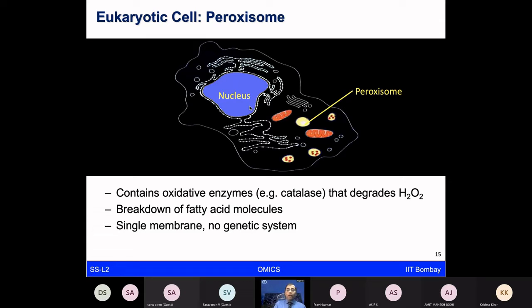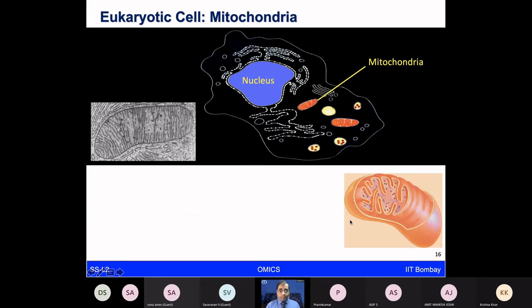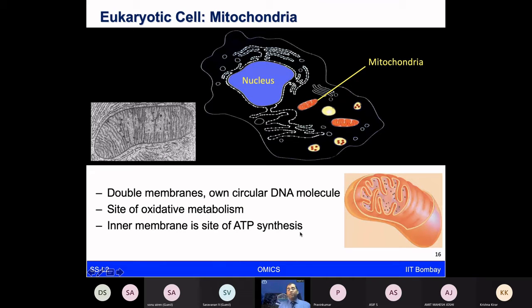But then we also have another organelle, which is mitochondria. Even mitochondria contains some DNA, whereas the peroxisome and other organelles do not contain DNA. So mitochondria is one of the very specialized organelles in our cell. If you have to remember at least two organelle names from the given cell, at least you should know